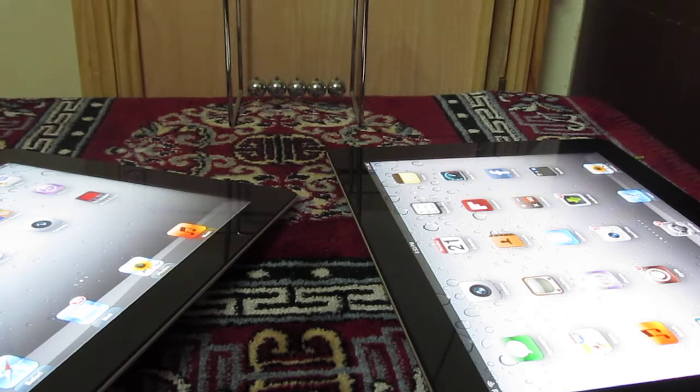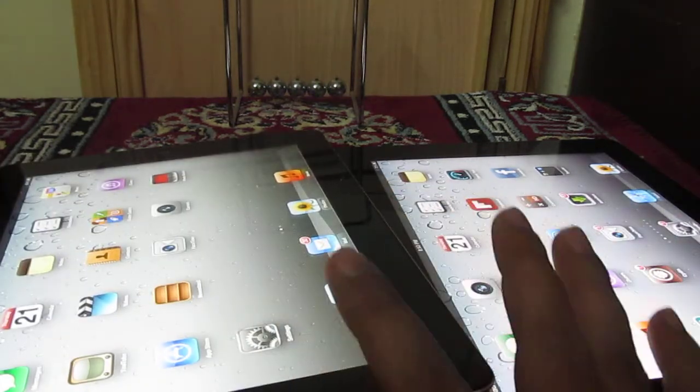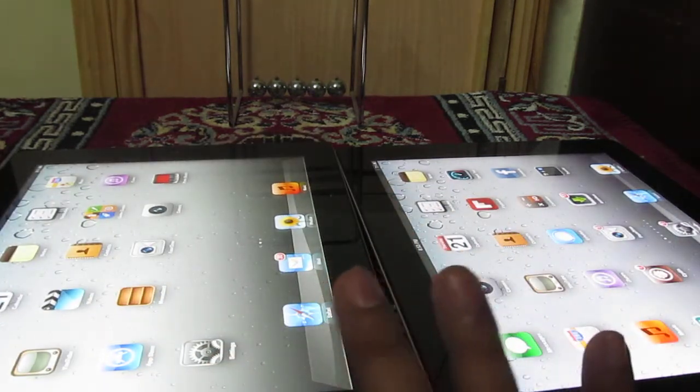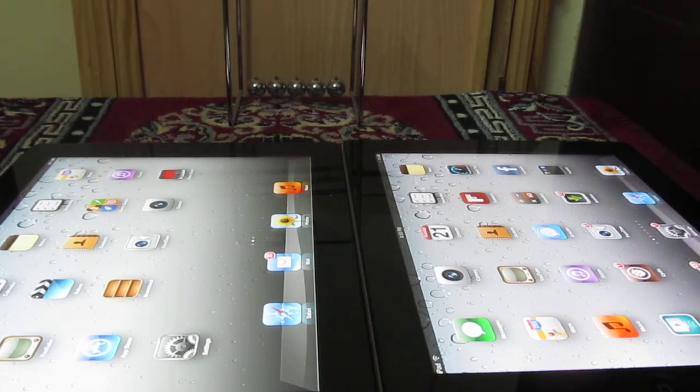Other differences: iPad 3 comes with Bluetooth 4.0, Smart 4.0. However, the iPad 2 comes with Bluetooth 2.1 EDR. The power consumption is different for both of these devices. The iPad 2 has less power consumption because of no Retina display. However, iPad 3 consumes more power because of the Retina display, because of the high resolution on the screen.